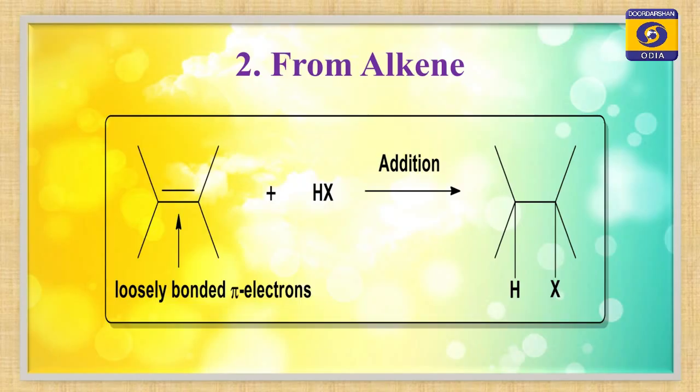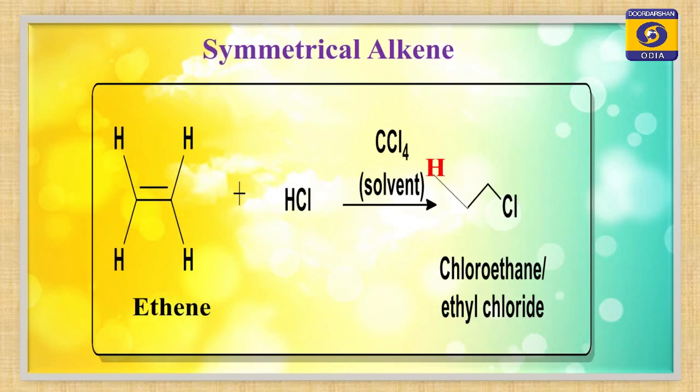one alkene, and you know in alkene there is a carbon-carbon double bond. You know that once you break this double bond by adding any reagent like HX, called hydrogen halide, then to one carbon of the double bond H will attach, and to the next carbon the halogen will attach, giving you alkyl halide. For example, next one you see this, I have taken an example of ethylene, CH2 double bond CH2, and added HCl, and you see that the hydrogen atom attached to one carbon and the chlorine atom attached to the other carbon.